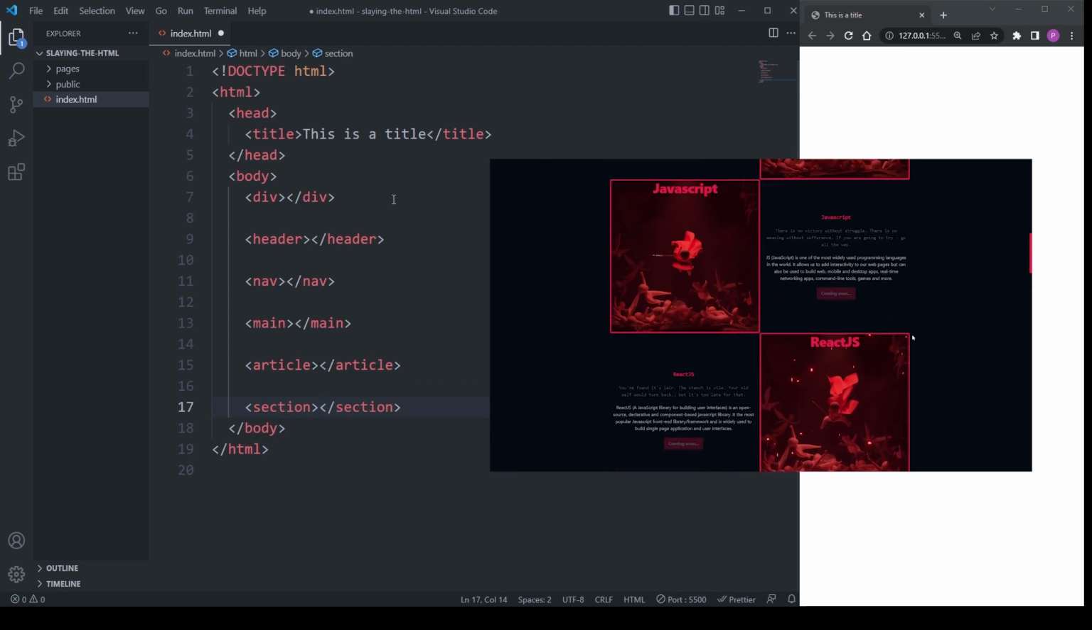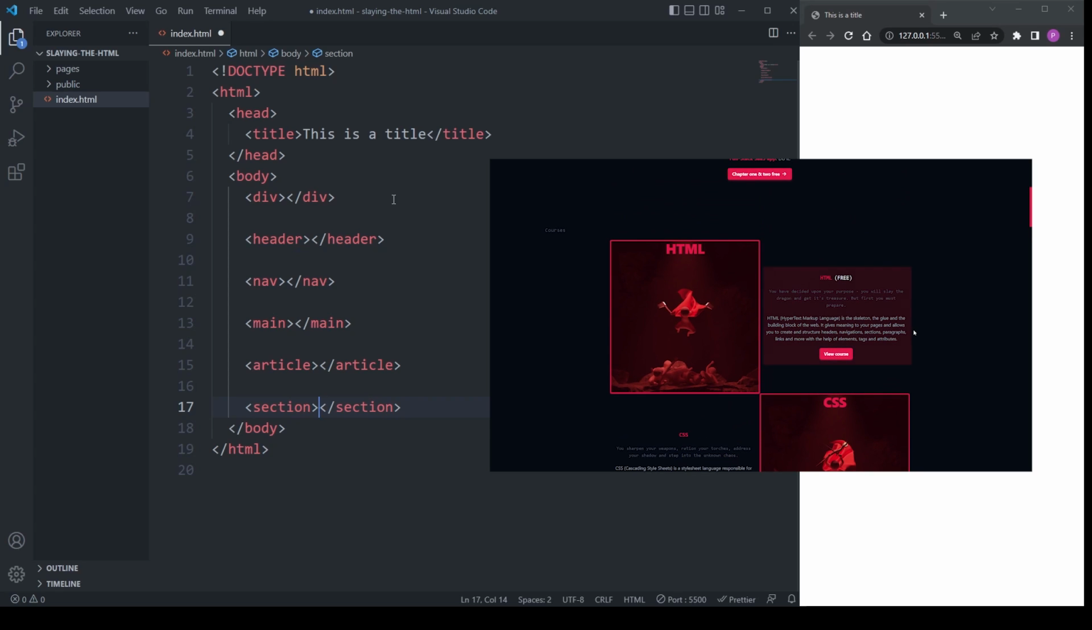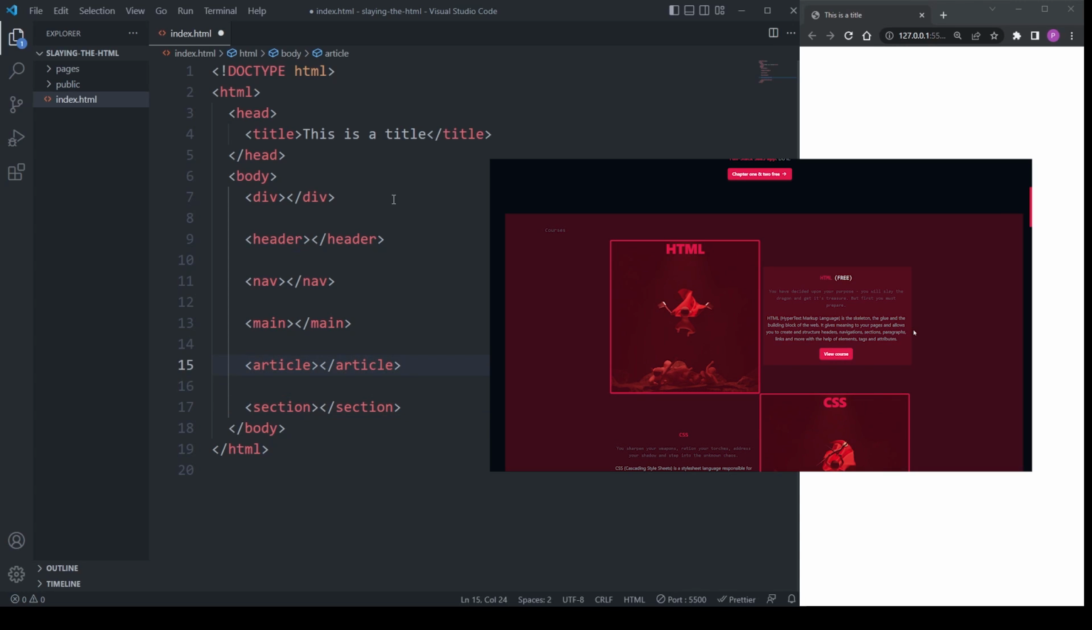It's often used to represent a stand-alone section of a page but lacks a bit of semantic meaning, so a better use case for the section element is to be used inside the article element. The article element can be used for stand-alone sections of a page and then use the section element for nearby